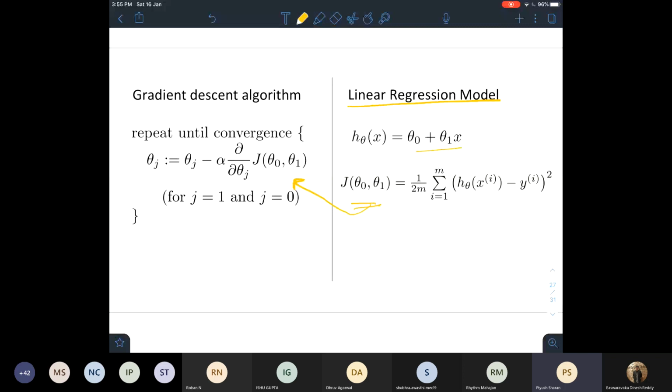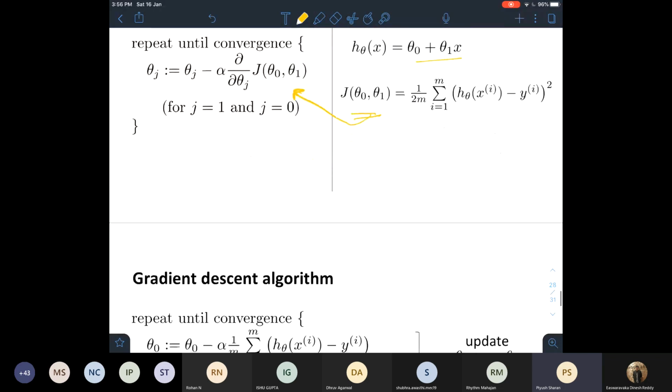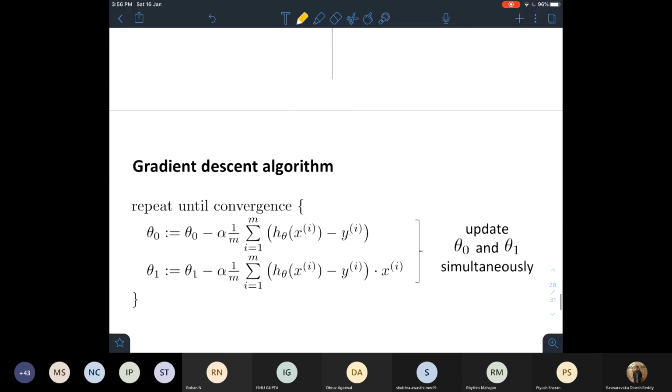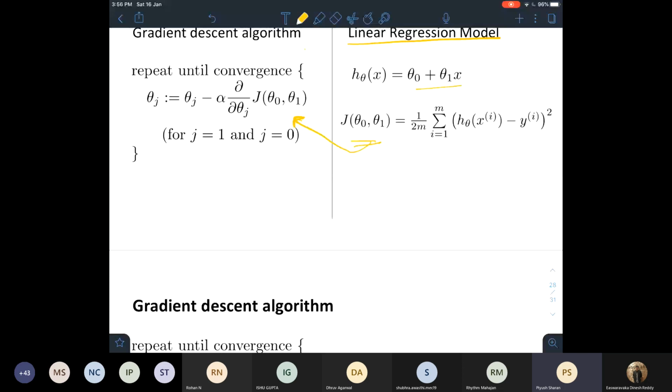Again, I'm just trying to find the best possible values for theta naught and theta 1 using the gradient descent algorithm I just discussed above. If you partially differentiate this with respect to theta naught and then theta 1, it's a very simple derivative.